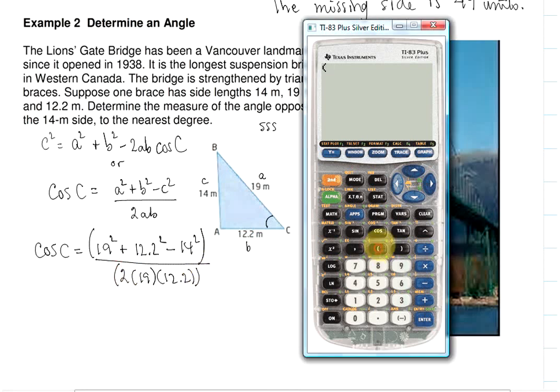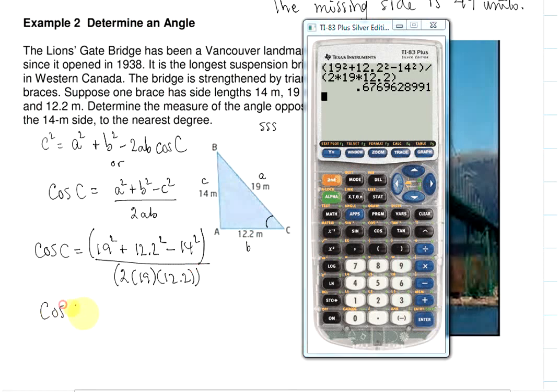Okay, so I'm going to go bracket 19 squared plus 12.2 squared minus 14 squared, close bracket, divided by bracket 2 times 19 times 12.2, and you get 0.67696. Okay, so that means cos of c is equal to